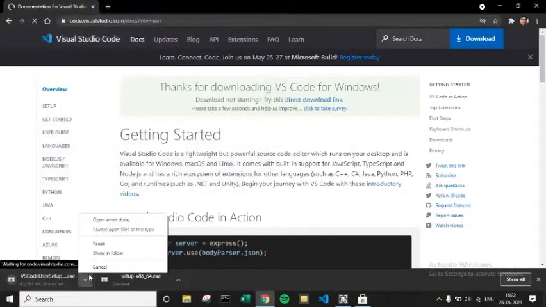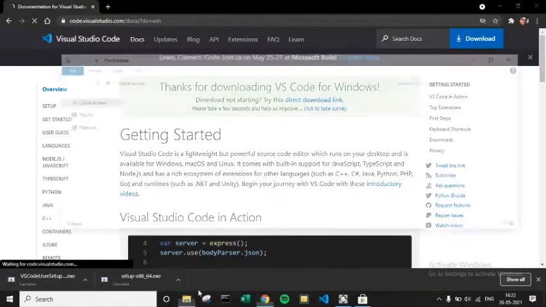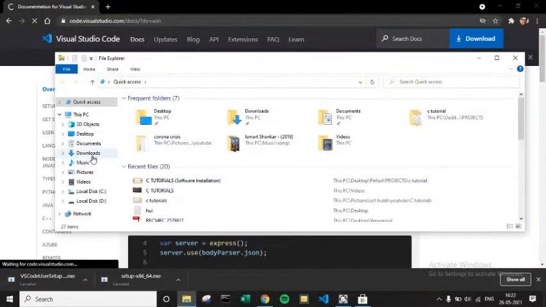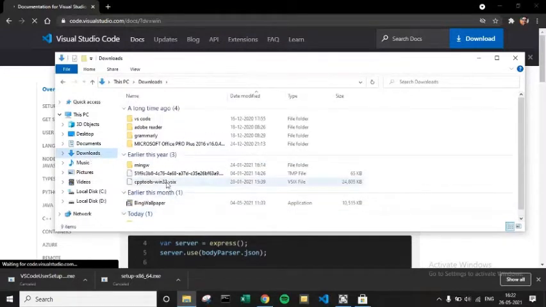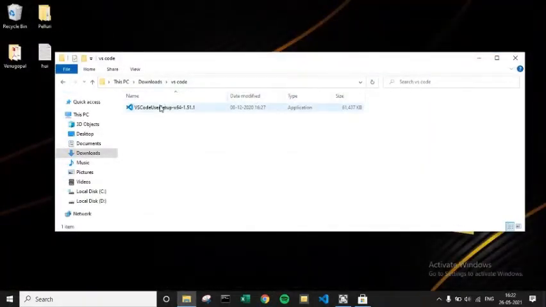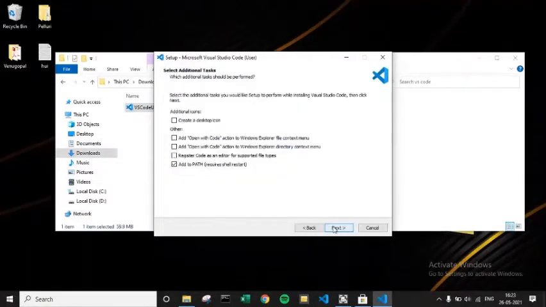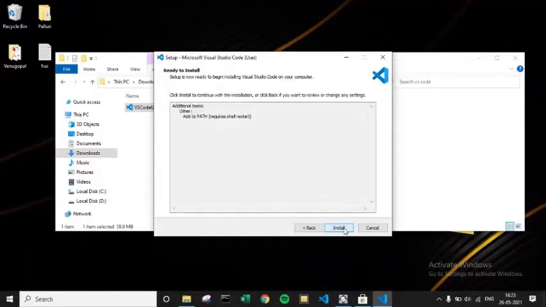I'm not going to install this again, guys, because I have already installed it, and even this setup file is in my downloads folder. So let's go there. Let's click on this. I accept the agreement. Next, install.